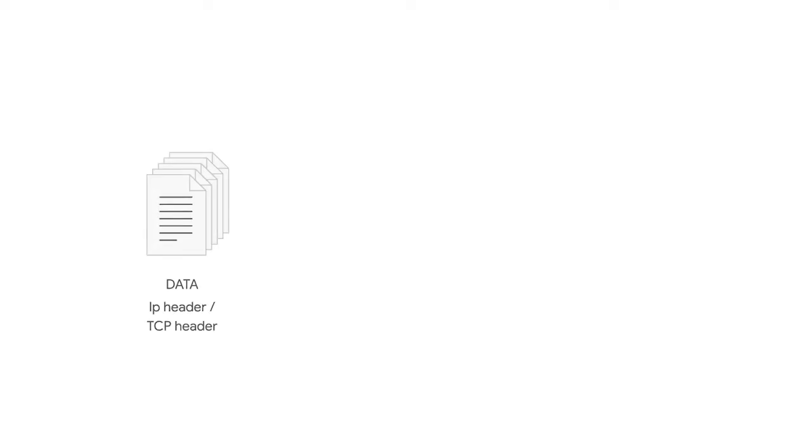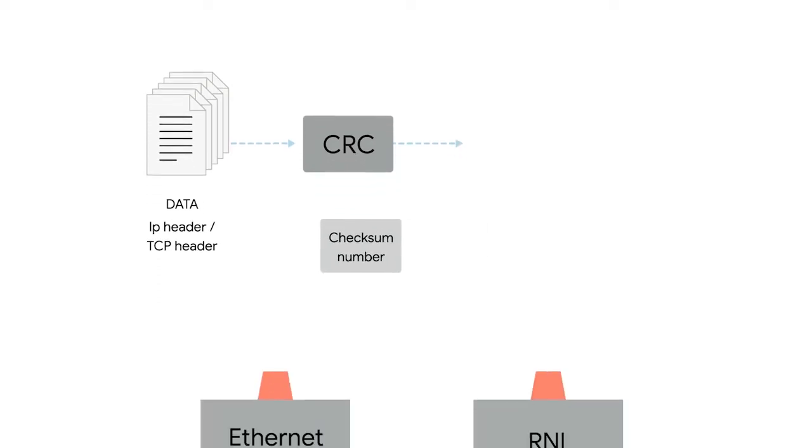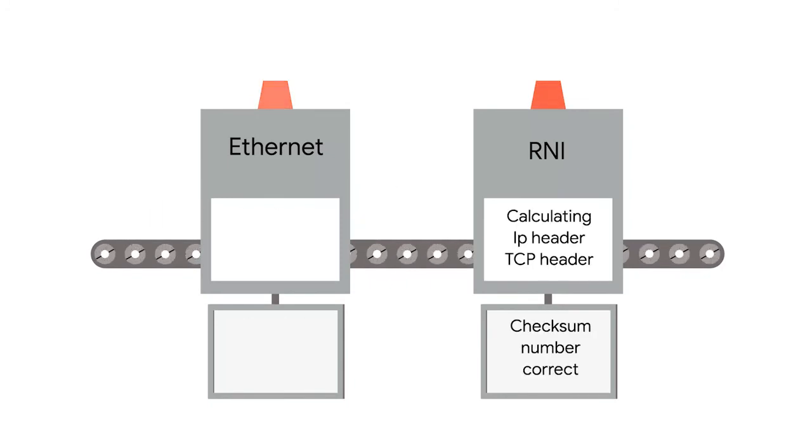When a device gets ready to send an Ethernet frame, it collects all the information we just covered, like the destination and originating MAC addresses, the data payload, and so on. Then it performs a CRC against that data and attaches the resulting checksum number as the frame check sequence at the end of the frame. This data is then sent across a link and received at the other end. Here, all the various fields of the Ethernet frame are collected, and now the receiving side performs a CRC against that data. If the checksum computed by the receiving end doesn't match the checksum in the frame check sequence field, the data is thrown out.